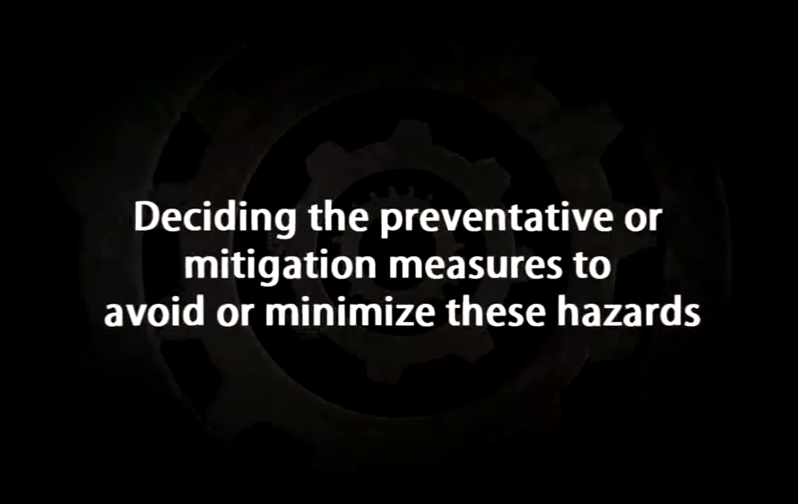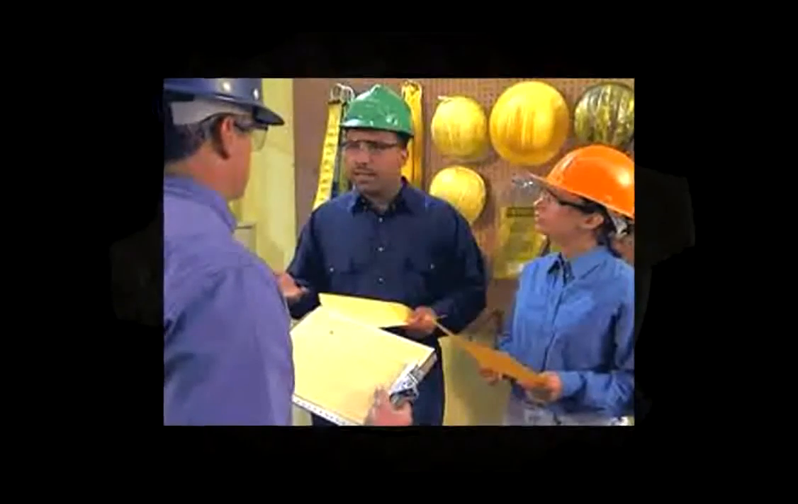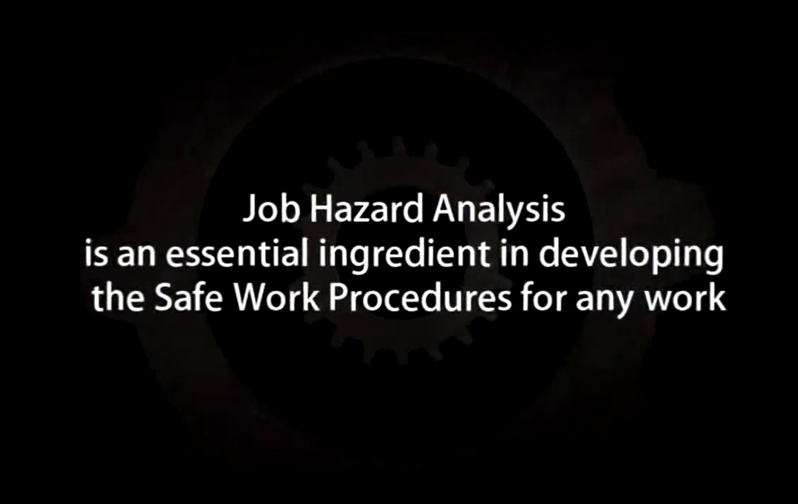Deciding the preventive or mitigation measures to avoid or minimize these hazards. At this stage, the job hazard analysis accurately decides the mitigation measures to control and minimize hazards identified under each work task listed. In summing up, a job hazard analysis is an essential ingredient in developing the safe work procedures